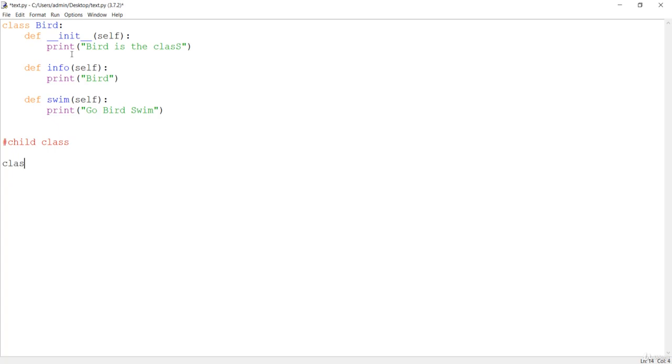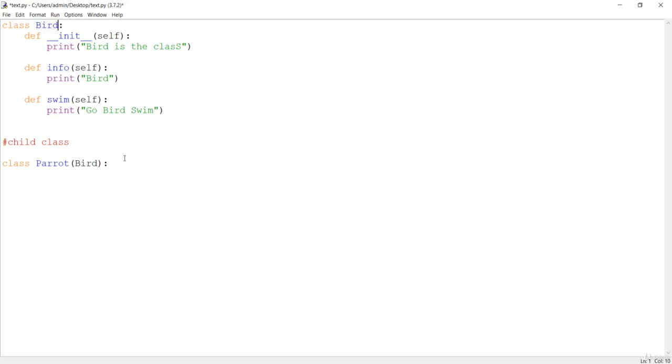It is also created by the same class keyword, and now I'll say parrot is my class. And if you want to get information that is inherited from this bird class, the class should be inserted inside this parenthesis. So this is the inheritance. So let's see what we just did here. We created the child class, and if you want to inherit something from this bird class, it should be inside this parenthesis. If it was, let me say, penguin, then penguin should be inside this parenthesis. If you want to make use of that code, it should be inside this parenthesis, but in this case we are making bird, so I'll just stick with bird.